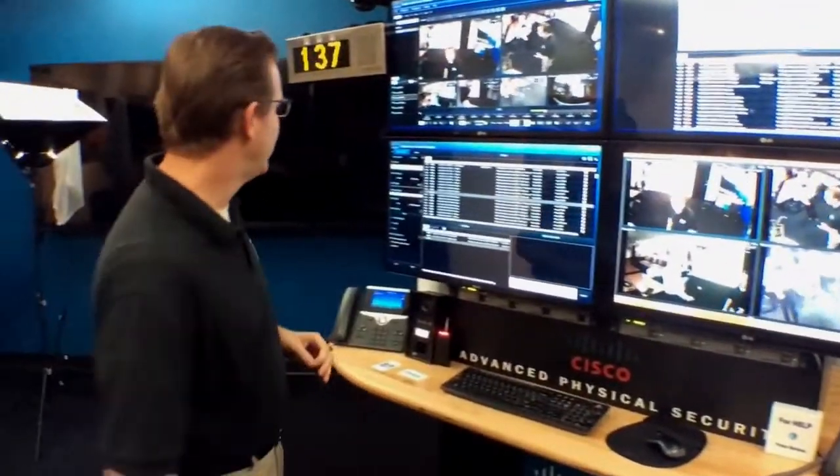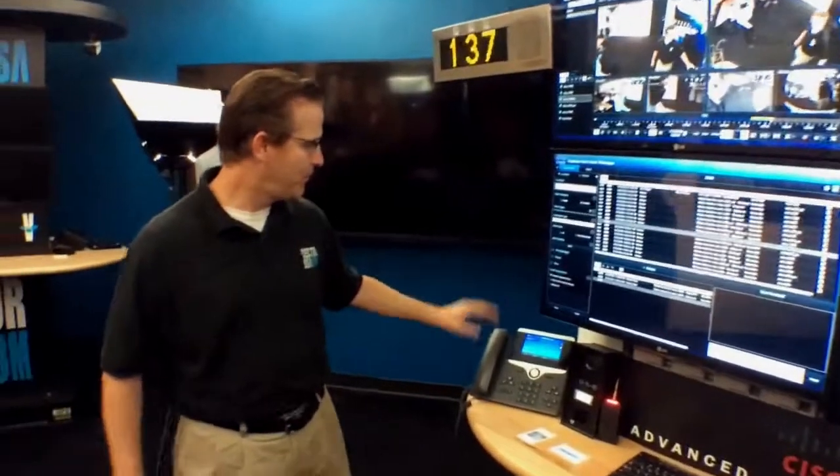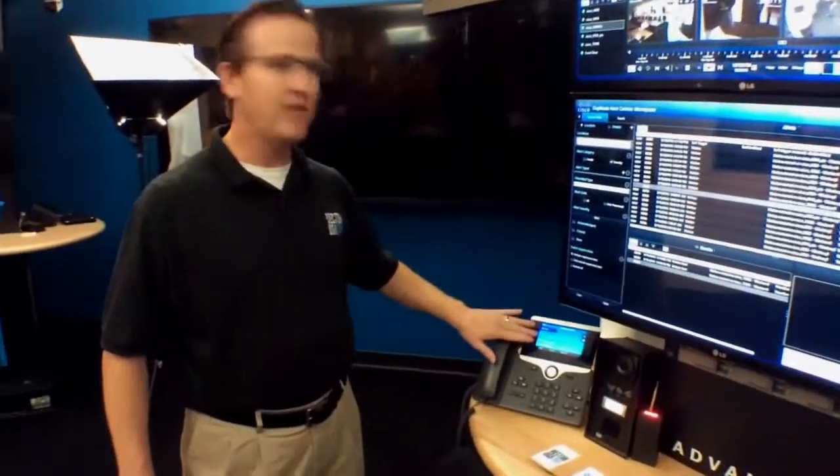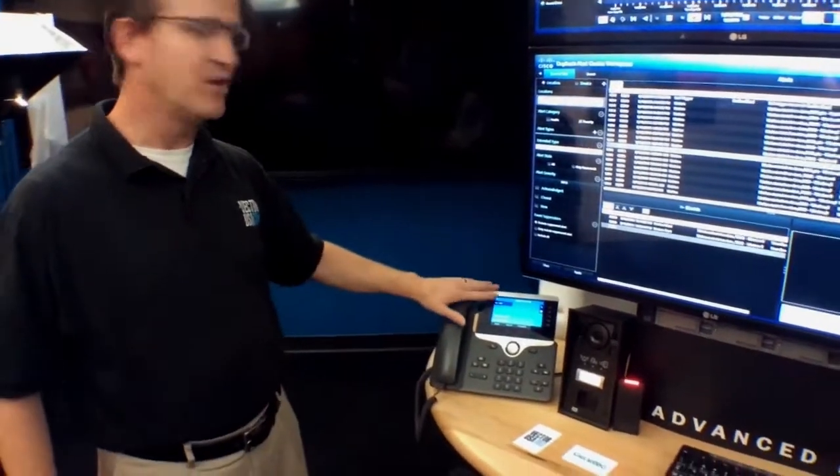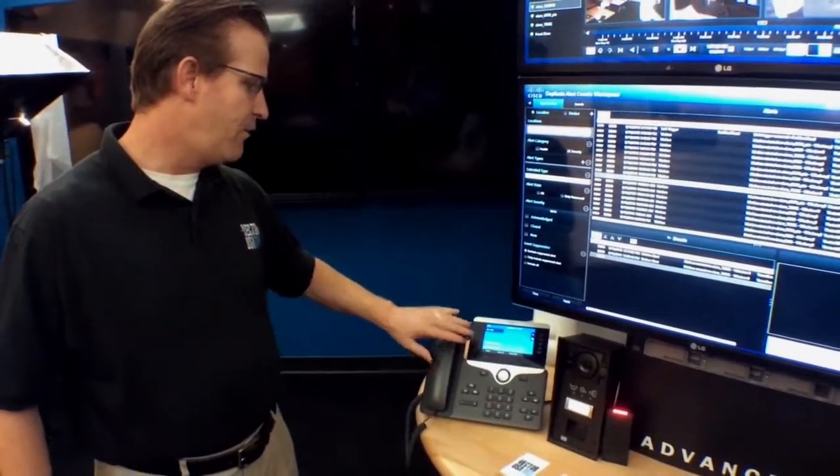So the first thing I want to show you guys is we have set up two buttons here on the telephone. This is a standard Cisco telephone with an extension on it, extension 1001. And we have a request for assistance button and a cancel request for assistance. Now, these can be used for everything from medical emergencies to active shooter to anything that may require assistance from the